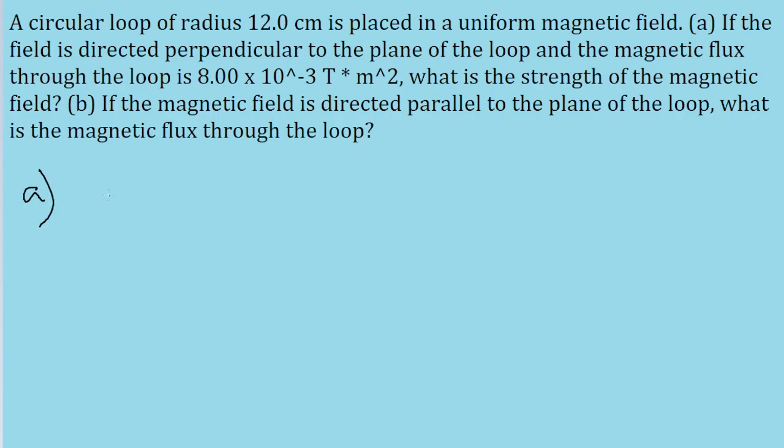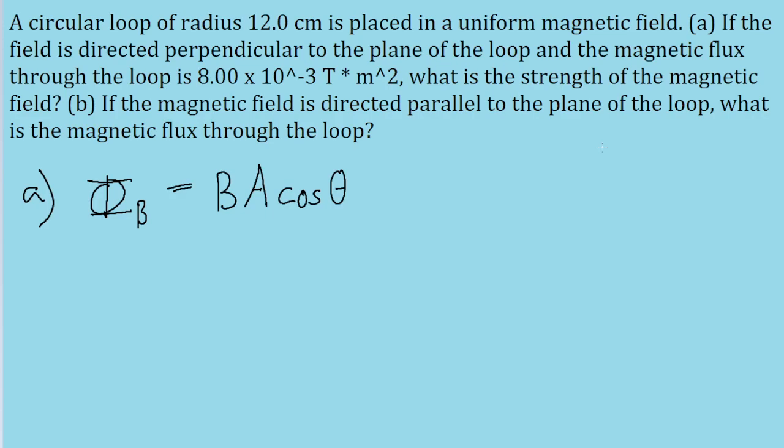Now the thing we need to know for this problem is that this is the formula for the magnetic flux, phi sub B, which states that the flux is going to be equal to B, the strength of the field, multiplied by the surface area of the loop, multiplied by the cosine of theta, or the angle between the direction of the magnetic field and the direction of the normal to the loop, the line that goes directly through the